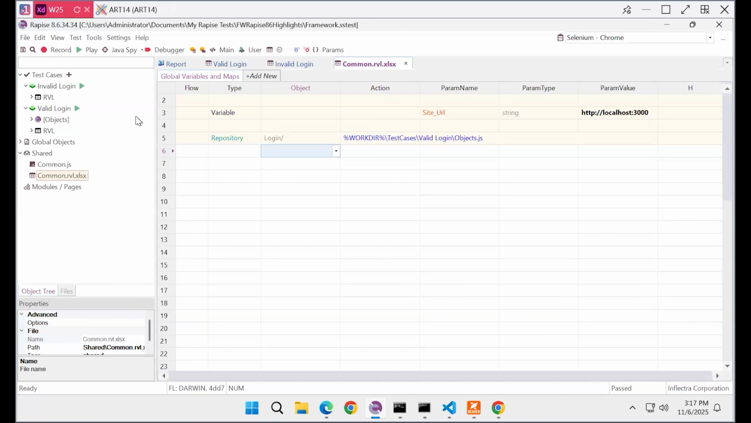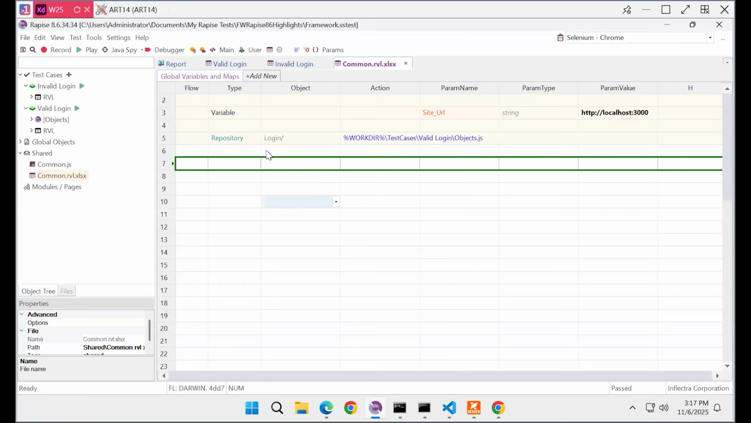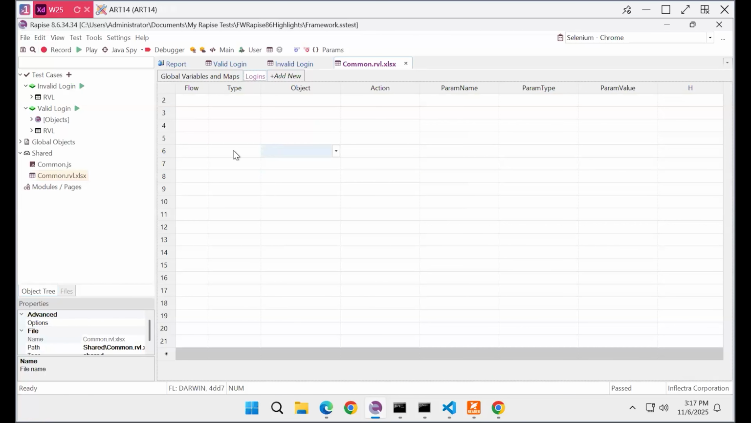And we used a shared variable, and it's shared across all test cases, and we used this variable in two test cases. One more thing that we may share is maps. And as I said, we may declare these maps right here, or we may declare as many other sheets here as needed and declare our maps there. So I'm going to add a sheet, call it logins,